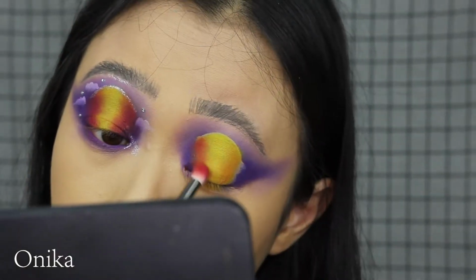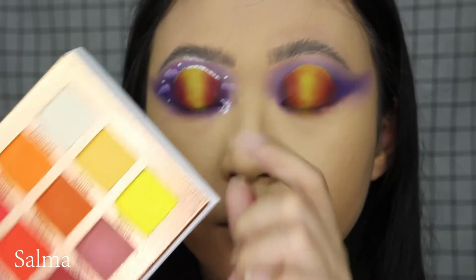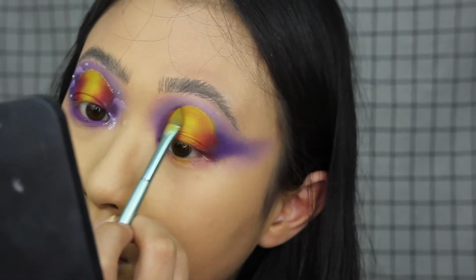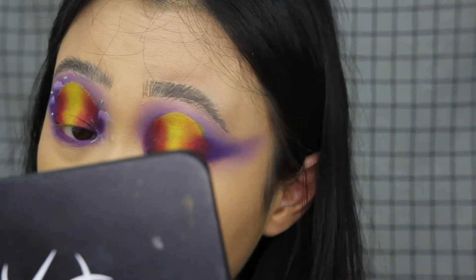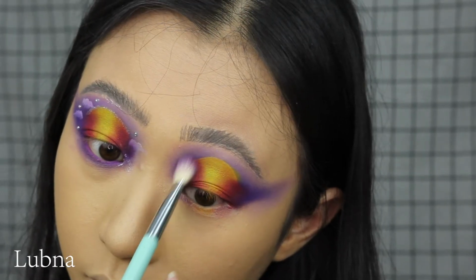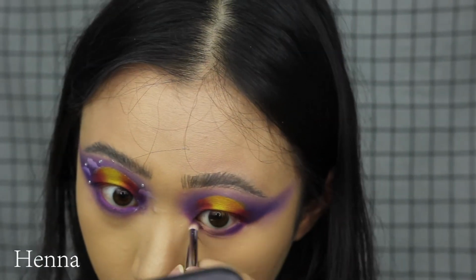Then take the shade Onika, which is a red shade, and apply to the outer parts of the orange shade, creating a gradient, and reapply the yellow shade again to make it more obvious. And take the shade Alaya, which is a reddish purple shade, and blend it between the red and the purple. Then take the lavender shade again to blend out the edges, and use the shade Henna to apply to the